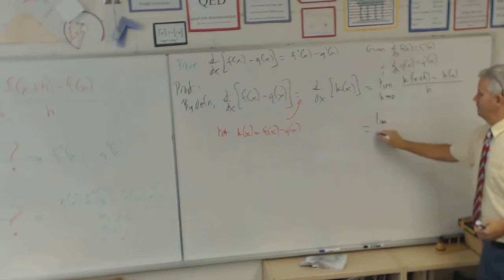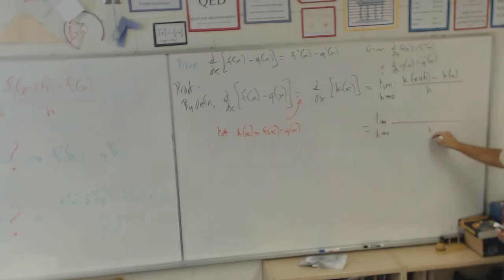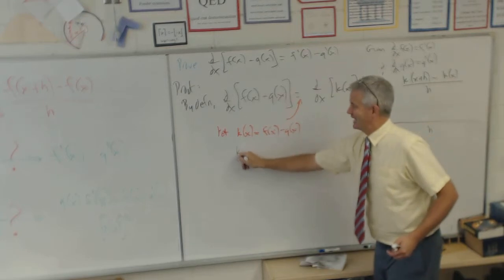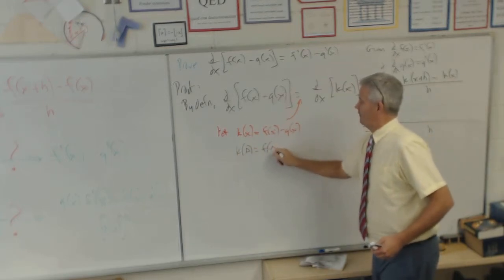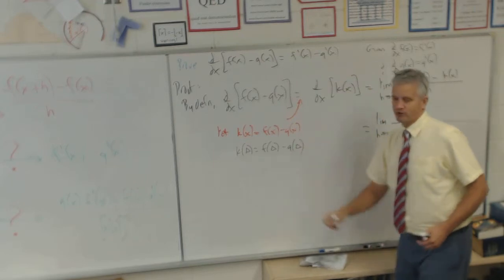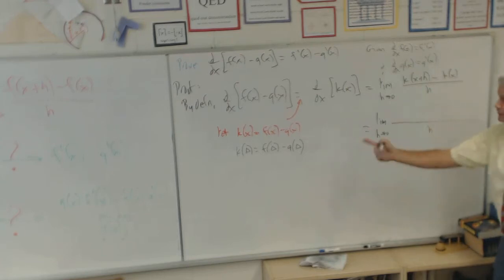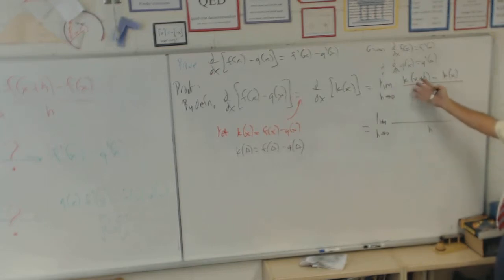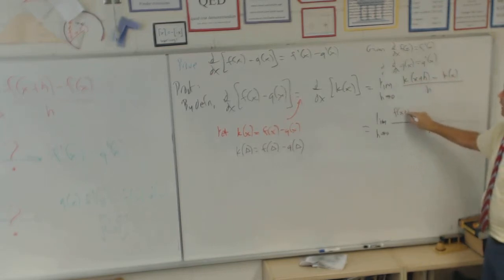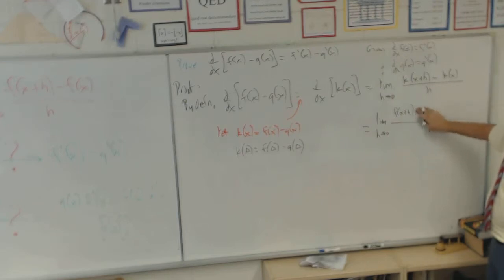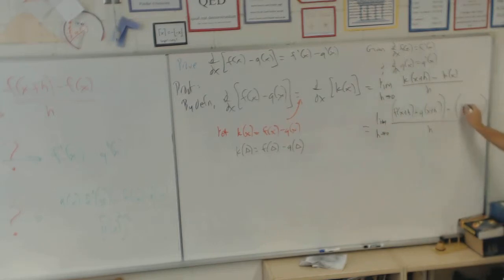Which is, well, this is saying that k of something is f of that thing minus g of the thing. We always use x's. The delta is k plus x. k of triangle is f of triangle minus g of triangle. So k of x plus h is f of x plus h minus g of x plus h. Okay? And then I subtract from that k of x, which is clearly f of x minus g of x,